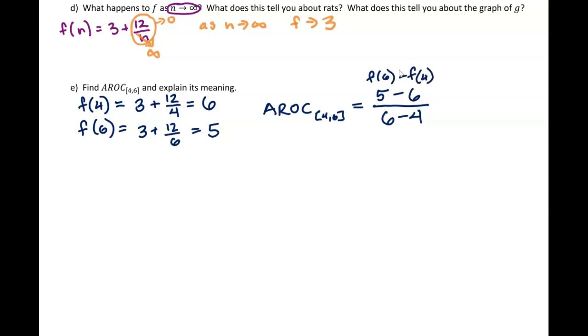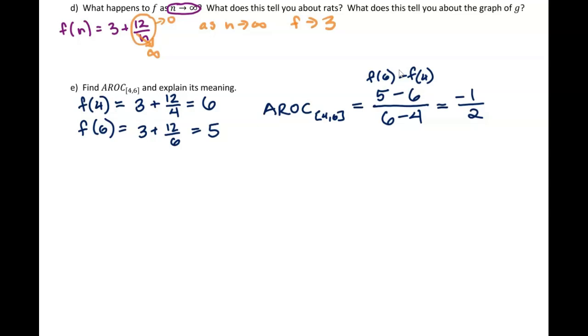And note that the f of 6 is above the 6, the f of 4 is above the 4. It wouldn't matter if you reversed both of those, but if you put an f of 6 above a 4 or an f of 4 above a 6, something is wrong. Okay, so doing the calculation, 5 minus 6 is -1, 6 minus 4 is 2, so we're getting an average rate of change of